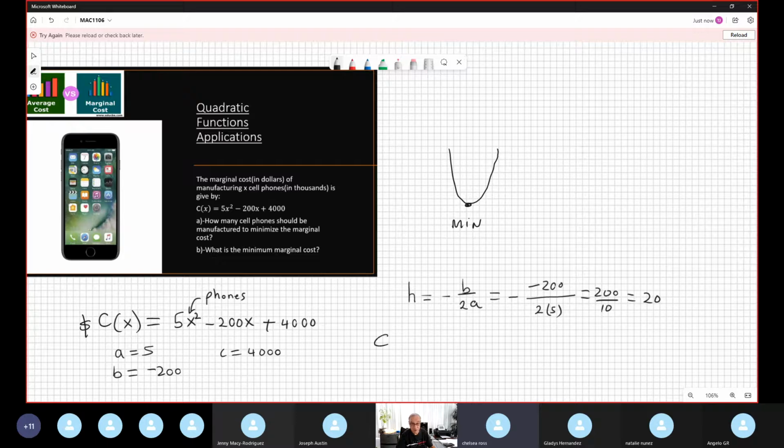So this money is a cost, evaluated at 20, not at 20,000, because the formula implicitly supposes x is in thousands. So you multiply 5 times 20 squared minus 200 times 20 plus 4,000. Calculator, calculator. And the answer is